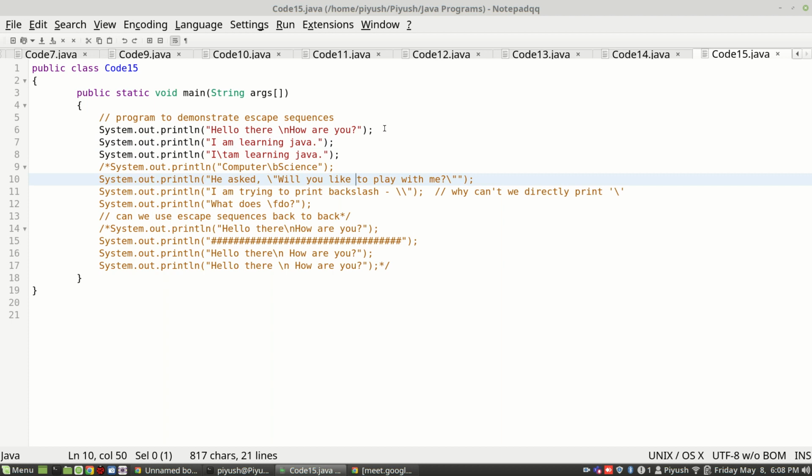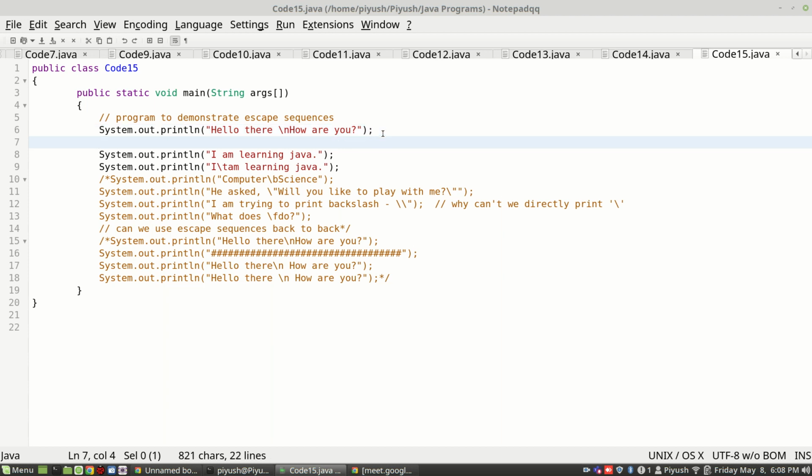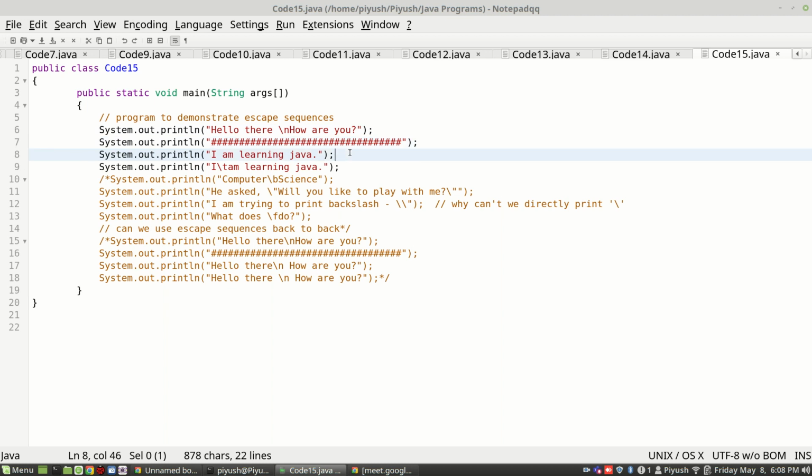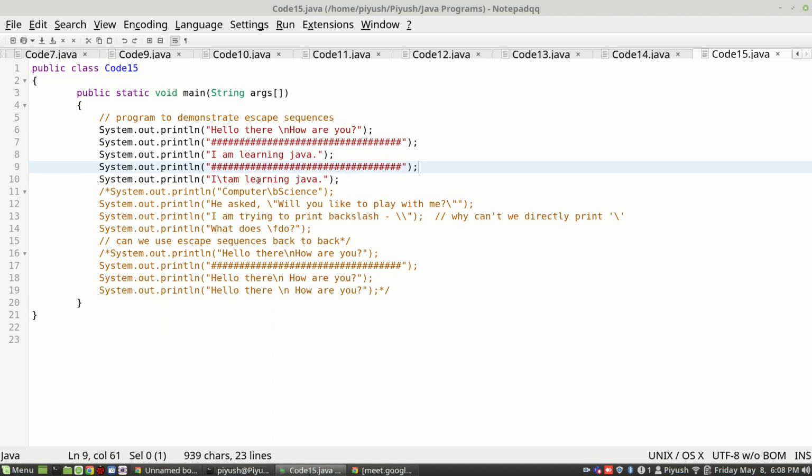I'm also adding a separator, not a new line, just for the sake of clarity when the program runs. Otherwise that print statement has no significance. It is just to separate the output of all these separate print statements.